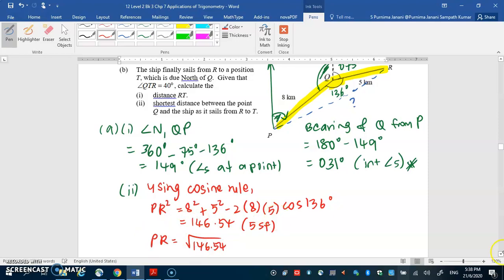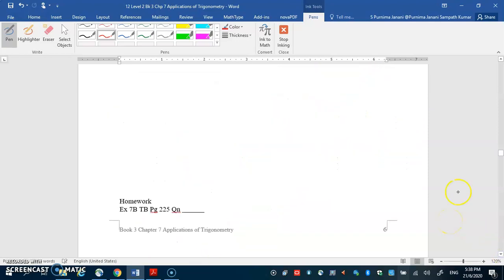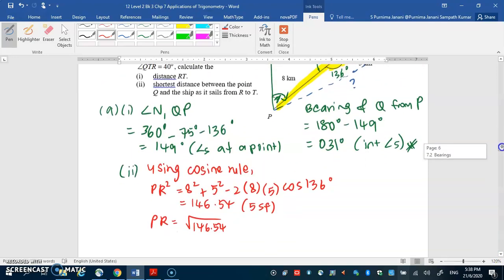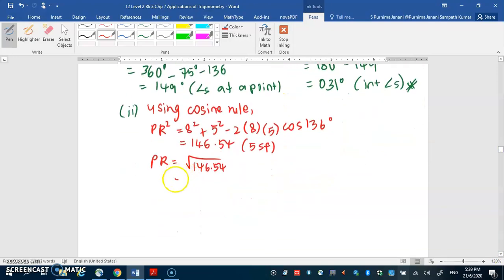So when you take the square root, you will get this. 12.1 kilometer to 3SF, but if you want to write the 5SF first, it's 12.105, and then you write to 3SF